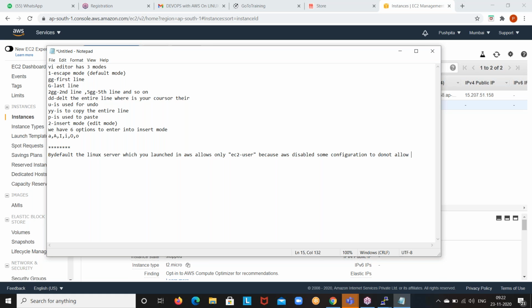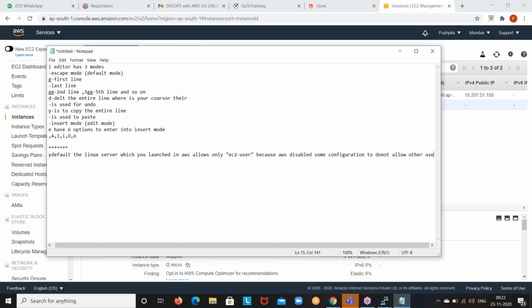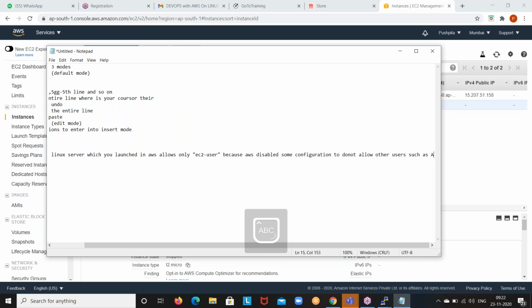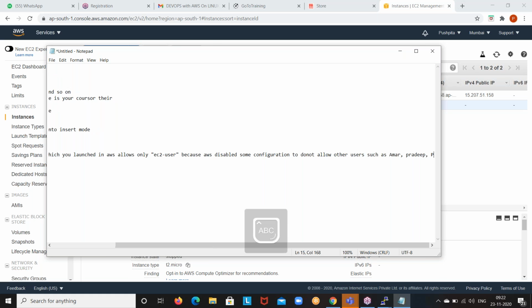Do not allow other users such as Amar, Pradeep, Pushpita. All are other users only, right? Amar, Pradeep, Pushpita, nobody can log in, guys. Can you try once? You cannot.